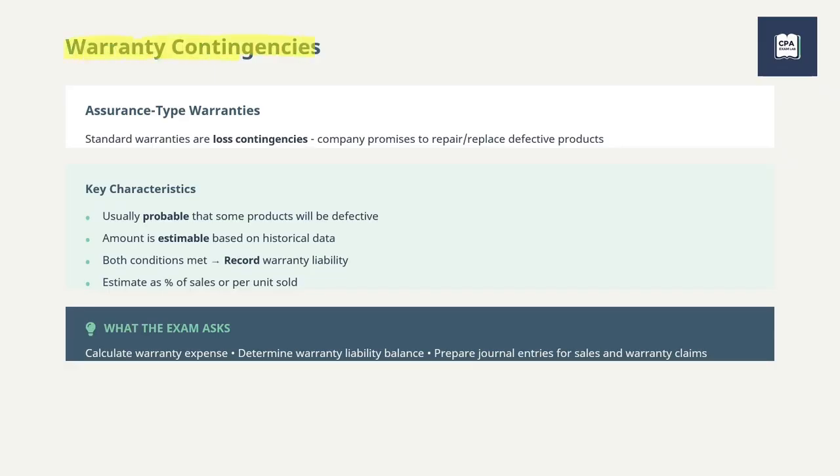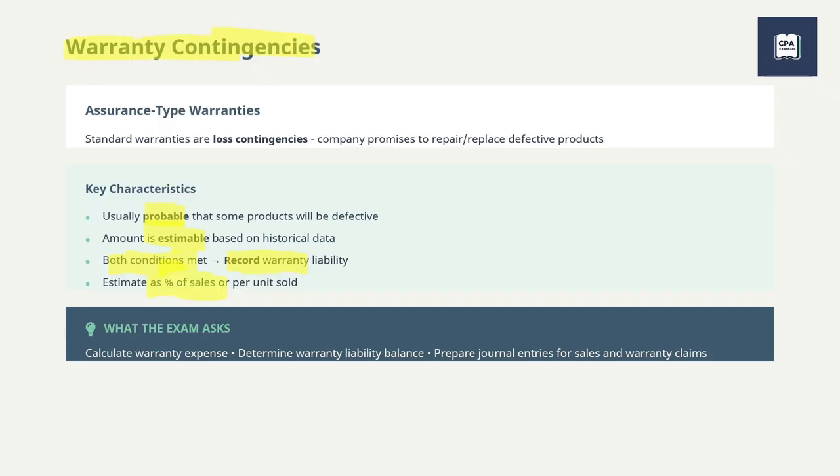So we start with warranty contingencies. Think of regular warranties. You sell a product and promise to repair or replace defective products in the future. Key characteristics: it's usually probable because we know that some of our products are going to be defective. The amount is usually estimable because based on historical data, 5% of our items require warranty. So if both conditions are met, we record the warranty liability